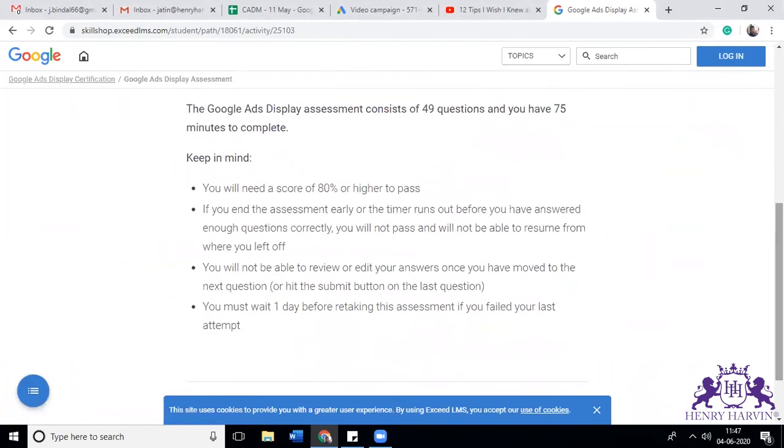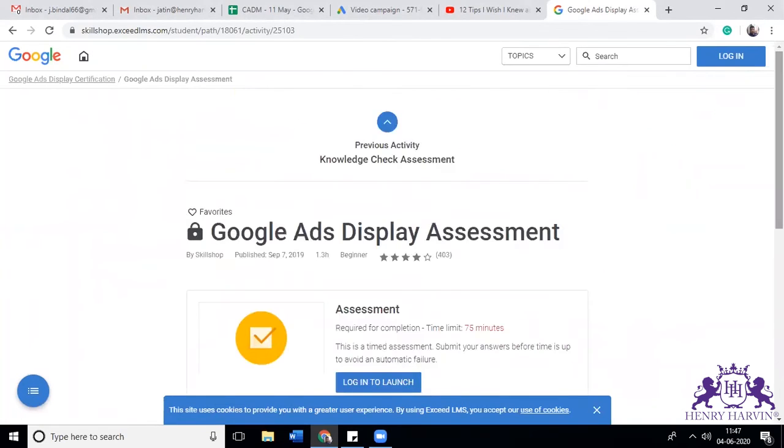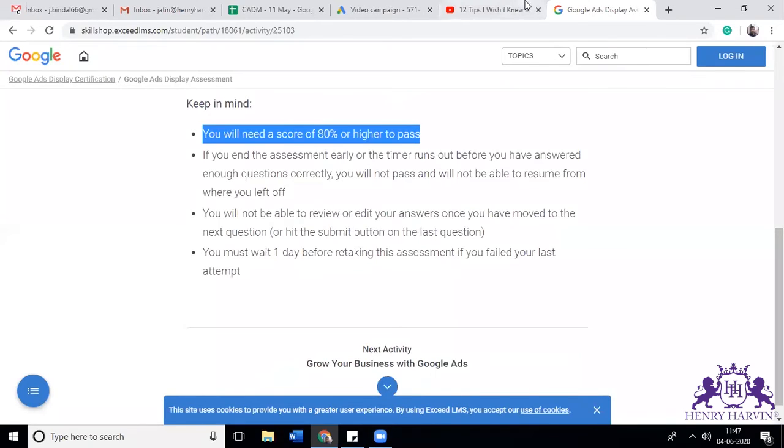But you need an 80% score to clear it. And if you need it, a cheat sheet is being shared with the counselors. They will send it to you. You can use those as well. That sheet has a lot of answers to these questions. They said they'll send me a link or something. It's an open book exam.